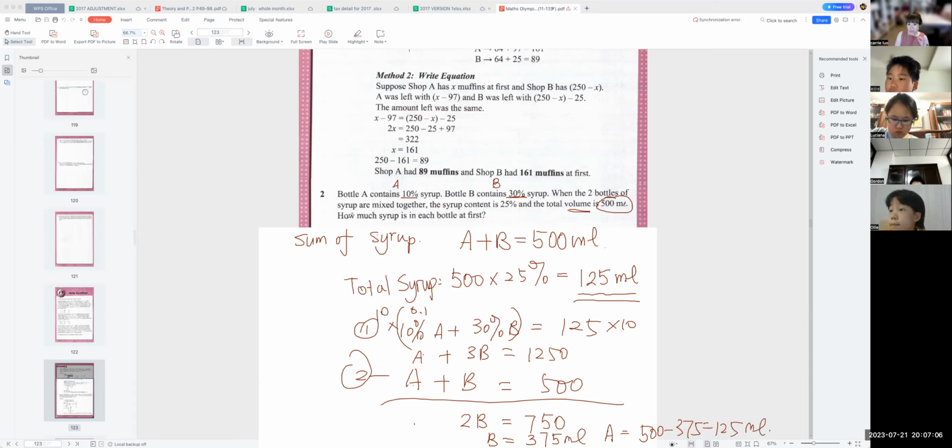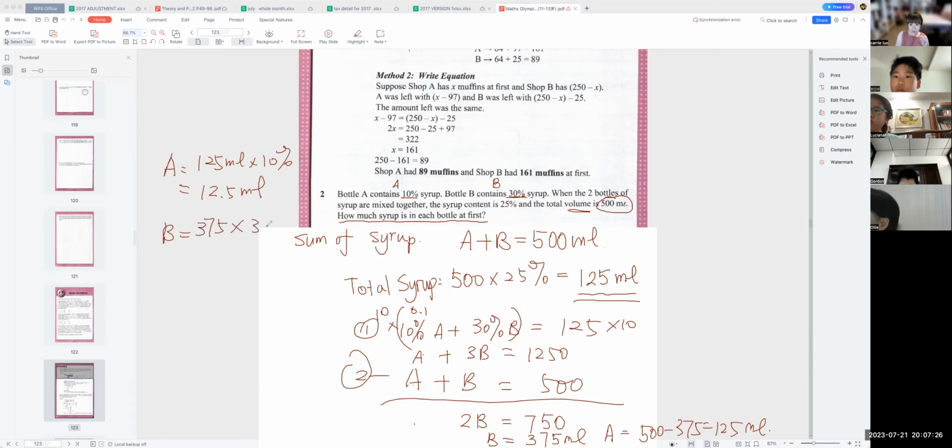But the question is asking you how much syrup is in each bottle at first. So A is 125 milliliters. You need to times 10%, which equals 12.5 milliliters. Okay, so for B, 375 times 30% equals